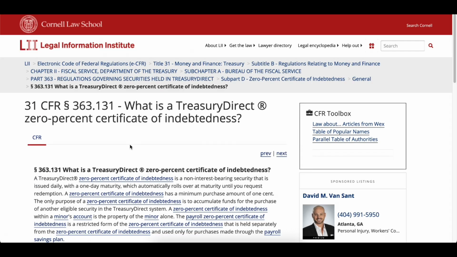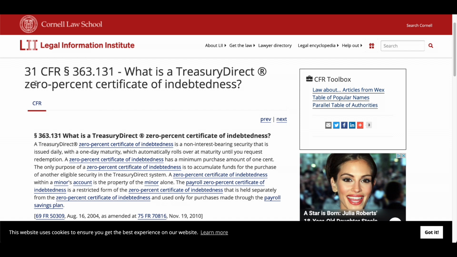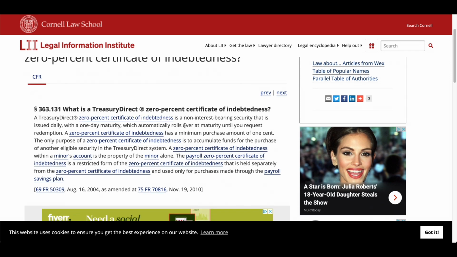What's this you're talking about here? 0% certificate. Okay. And that's what it is. So it's a non-interest bearing security that is issued daily with a 1 day maturity, which automatically rolls over at maturity until you request redemption.